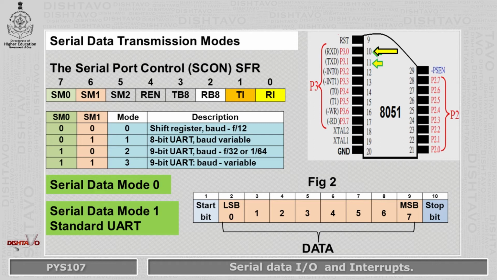Reception is triggered by the falling edge of the start bit and continues till the stop bit is true, that is 0 level. Of the original 10 bits received, the start bit is discarded.